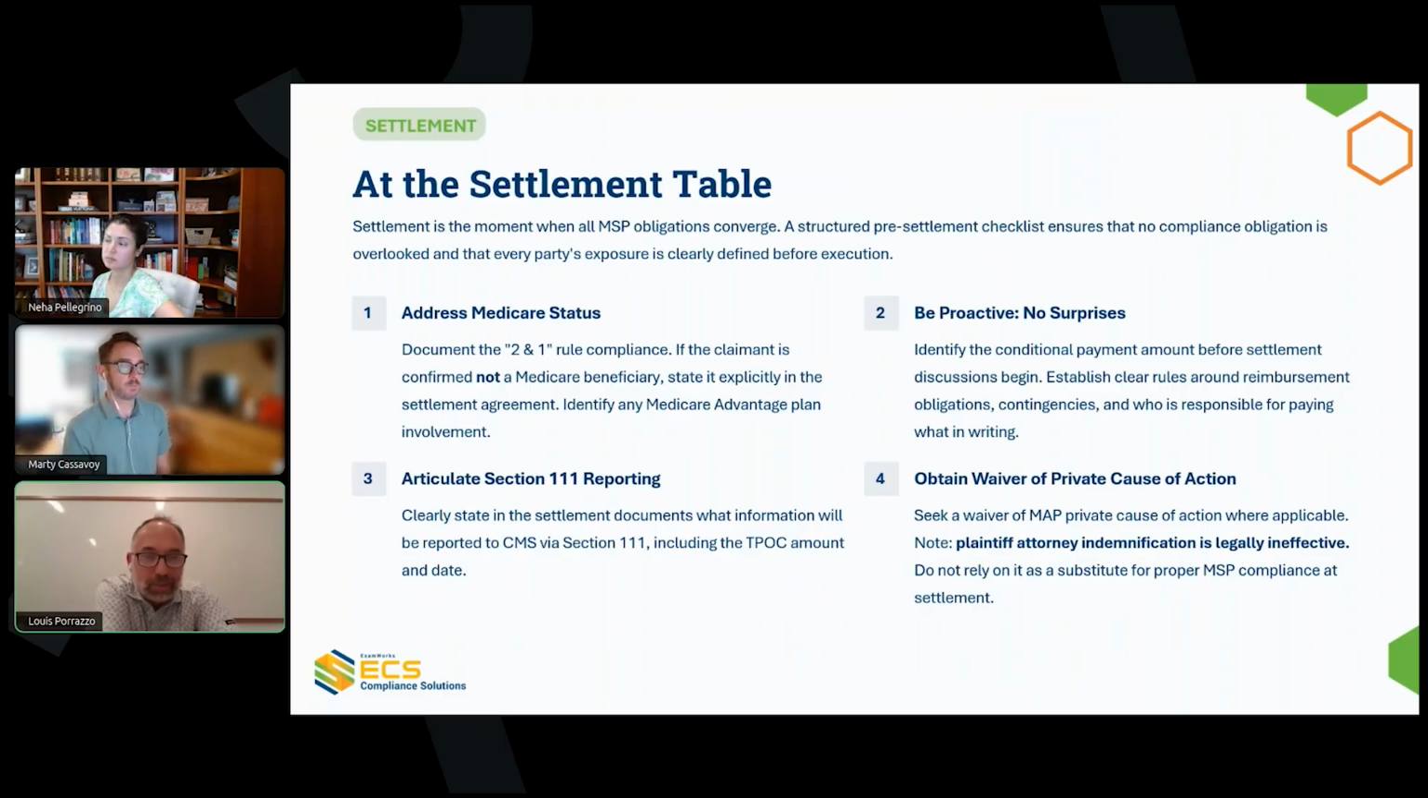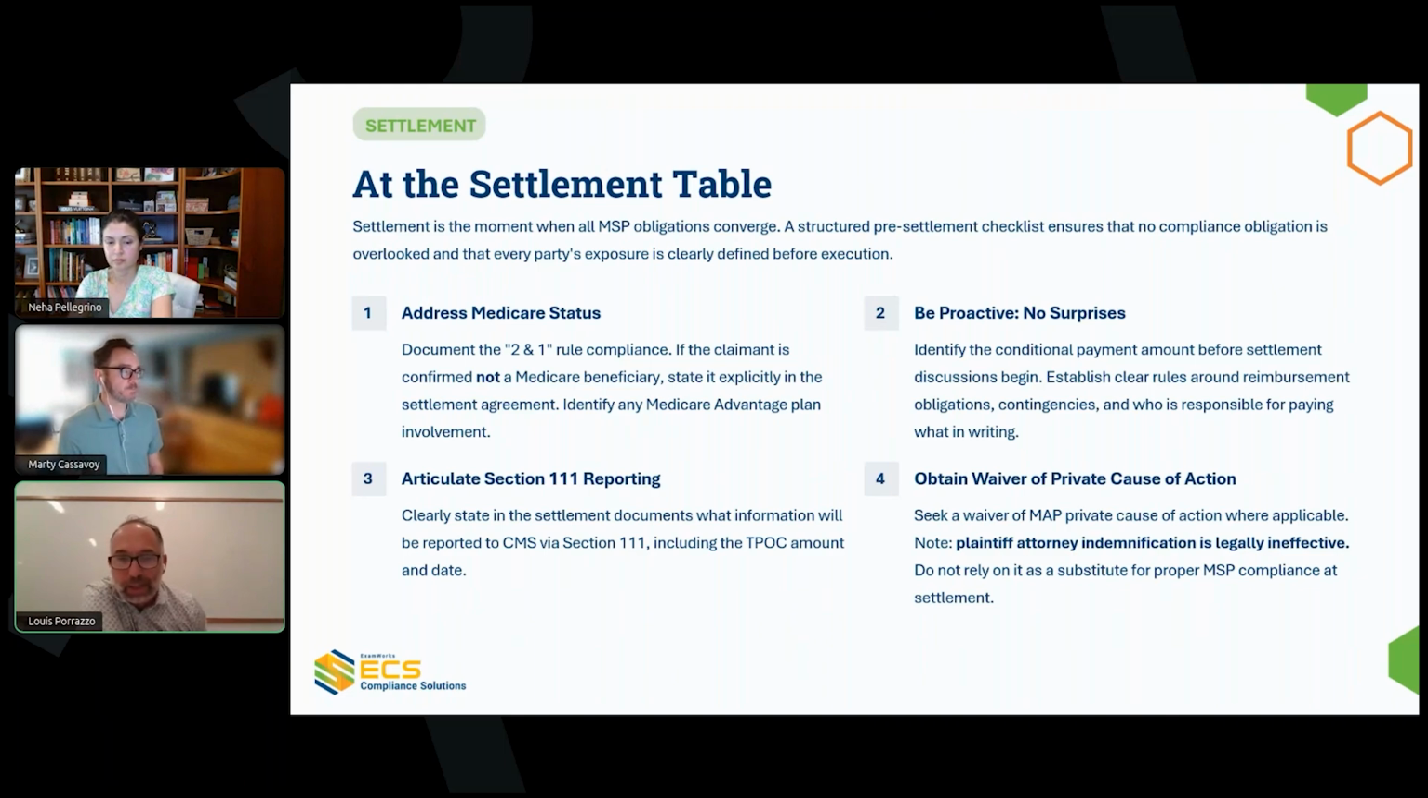And then include the TPOC amount and date on that, so that way when you go ahead and you report through your Section 111 platform, you're doing so in a way that is in conjunction with what you put into the release. And then number four, this is something that I always try to recommend: obtain a waiver of the